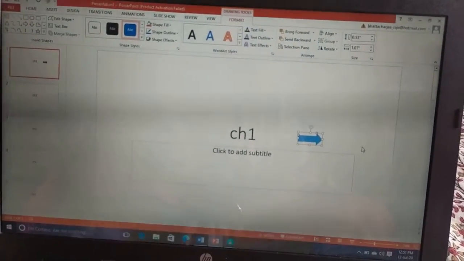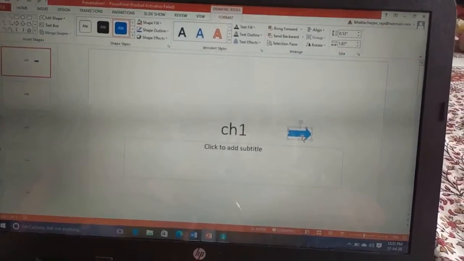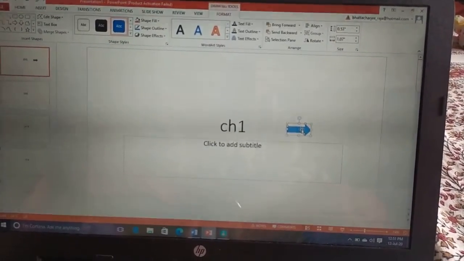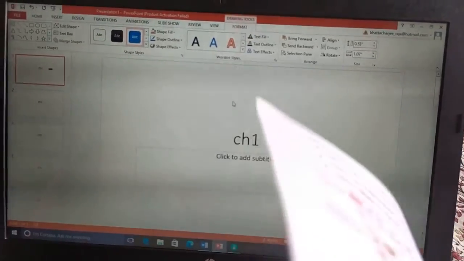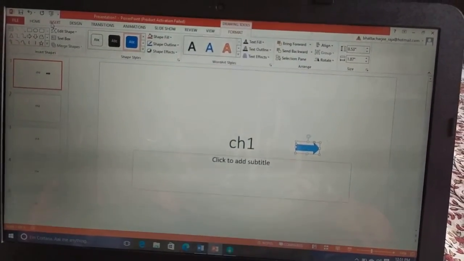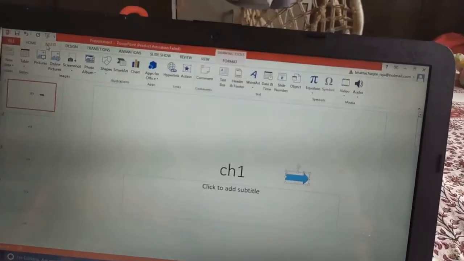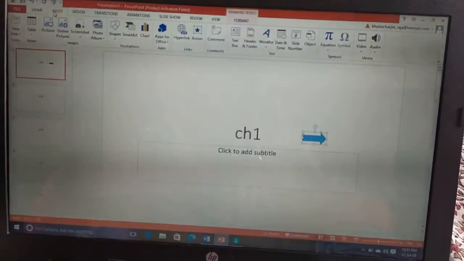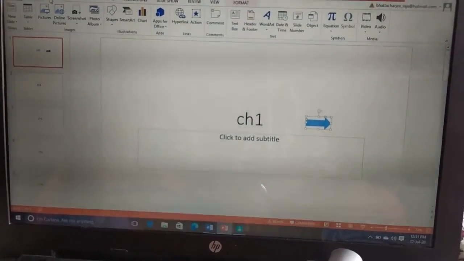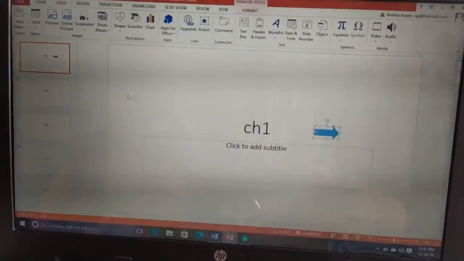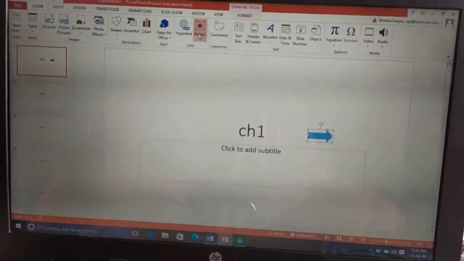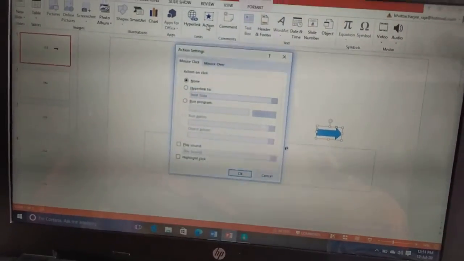Now, select the arrow. Click on Insert. In the link group, action command is there. Click on it.